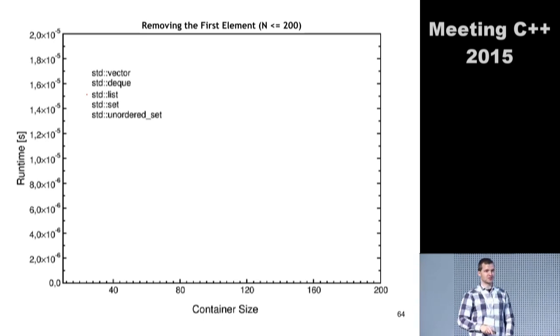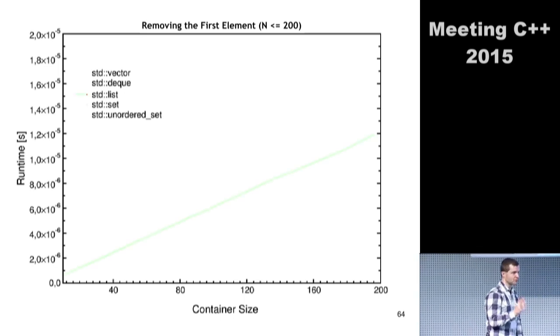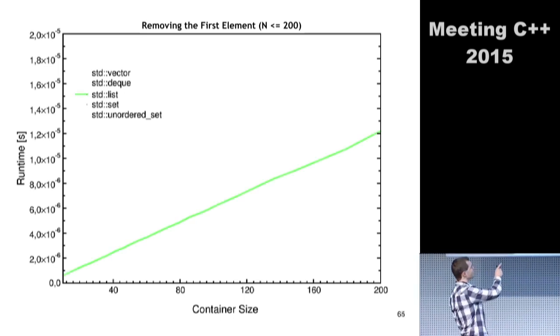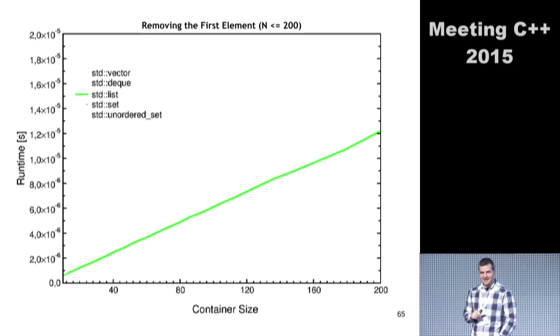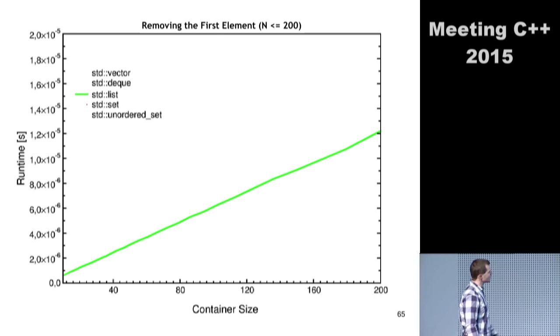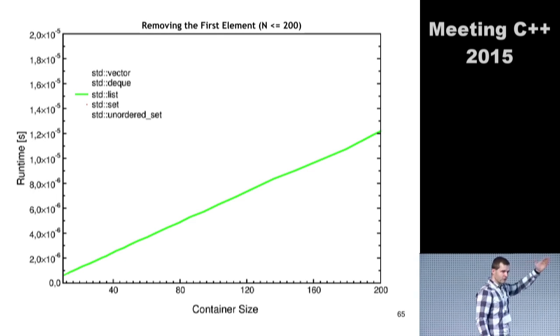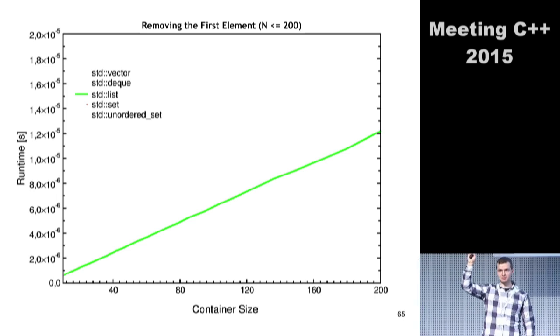Let's start with a list. This is the container that you should probably use in this case. This is the performance that a list gives you. A standard set, where I can also very quickly access the first element and remove it from the collection. Would you prefer it to a list? Who says yes? No one.